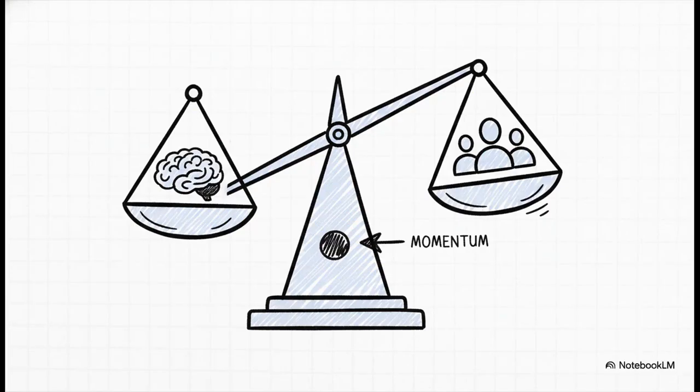So every single particle is doing this constant balancing act. Its next move is this blend: a little bit of its own momentum, a little pull towards its personal best spot, and another pull towards the group's best spot. It's like a nonstop tug of war between what I know and what we all know.